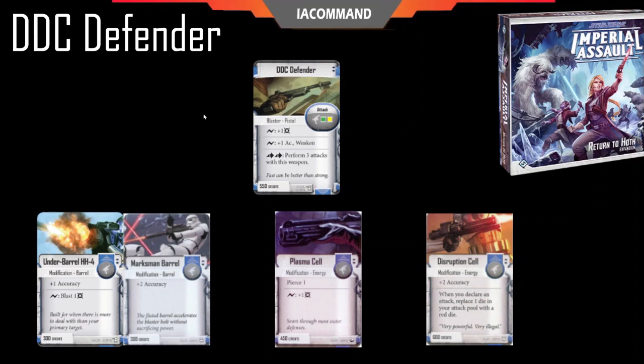But when you have items or abilities that are triggering off of every attack you make and giving you value for every attack you make, then the third attack that you get from this weapon can become what's called a force multiplier, which is, as it sounds, you're taking force and you're multiplying it more than you normally would get to, since normally you're only making about 2 attacks each activation with your Rebel Heroes maximum. So looking at some cool items you can combine it with, from the Return to Hoth expansion, we've got the